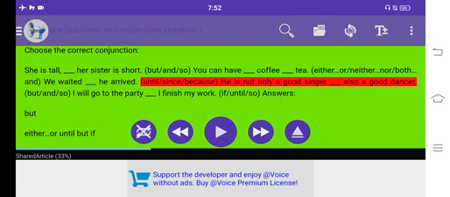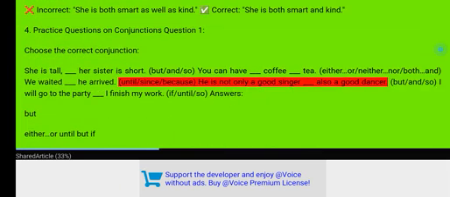She is tall, but her sister is short. You can have either coffee or tea. We waited until he